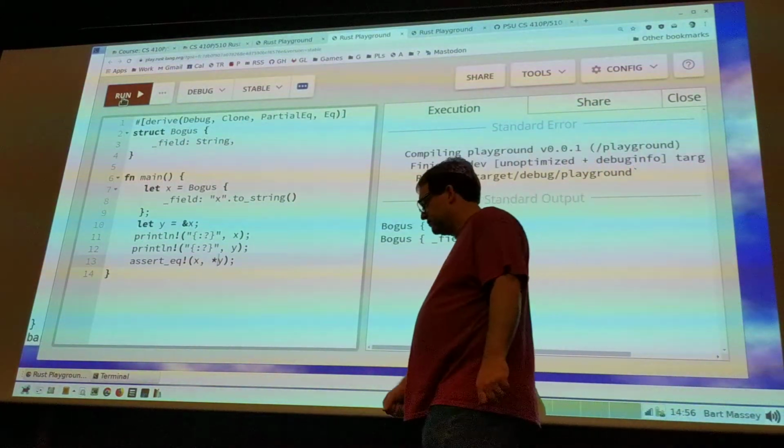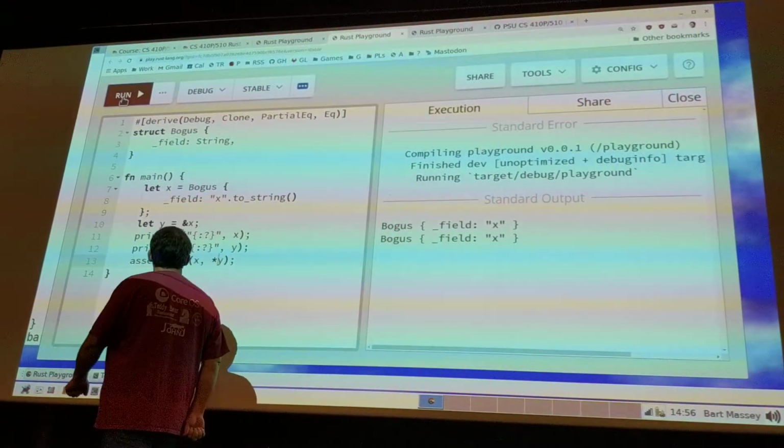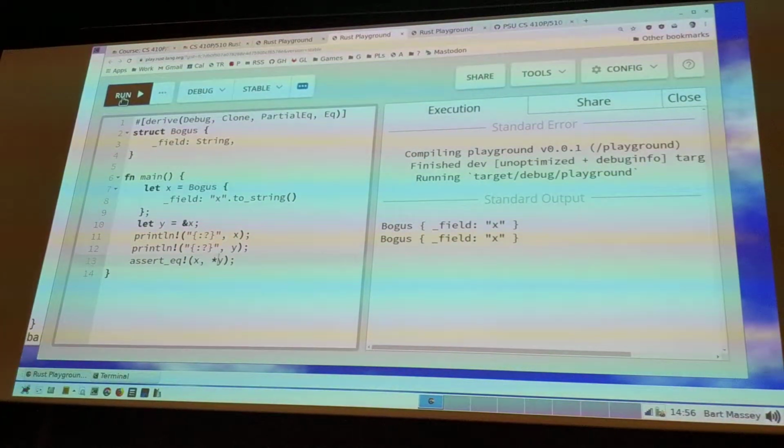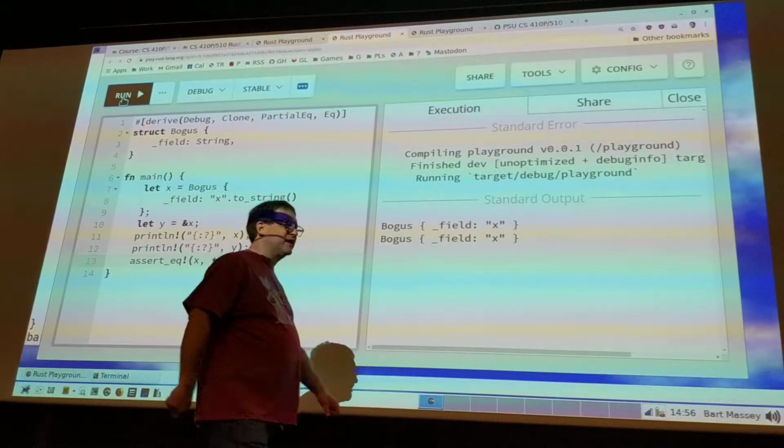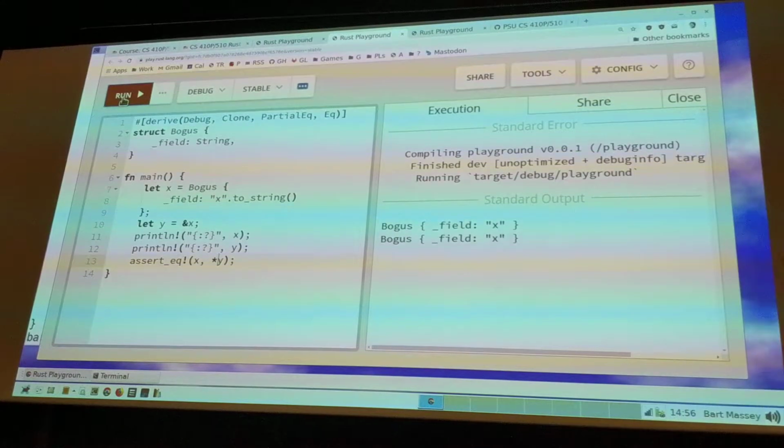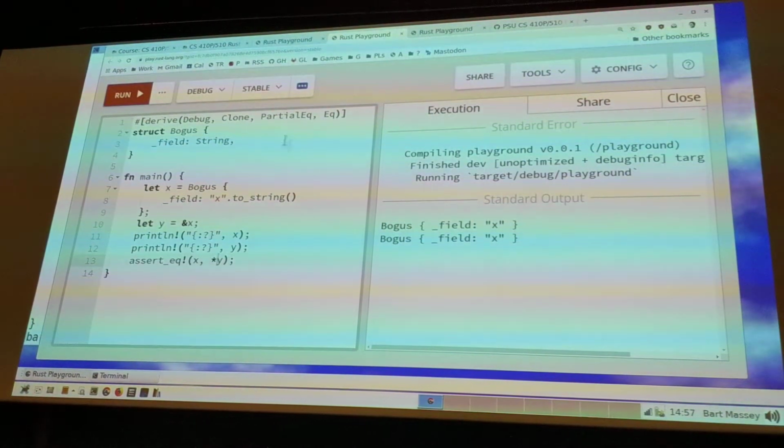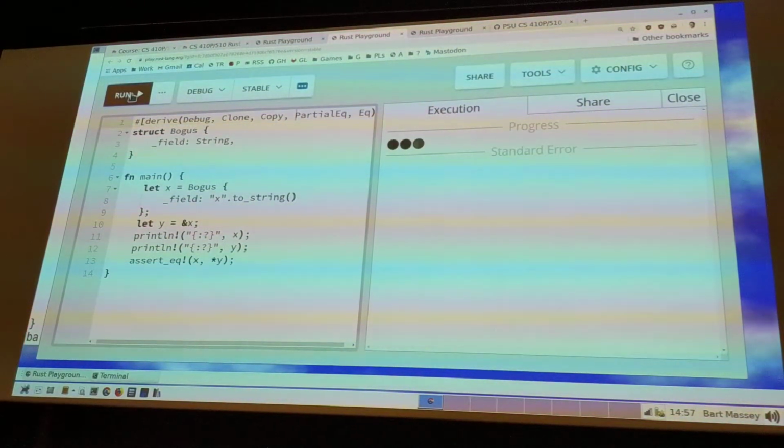If we had tried to derive copy here, string isn't copy. Yeah, we did try, and it said no, string's not copy. But you had an implicit copy in the code. Before I had a string field, I had a copy, and it was fine. If you add copy to the derive statement and you don't try to do an implicit copy, will it compile or will it complain that you're trying to derive something? No, it'll still complain. It won't let you derive copy in the first place because it's not sure where you might use the struct, right?